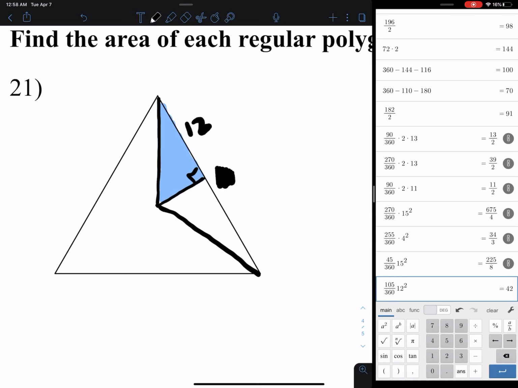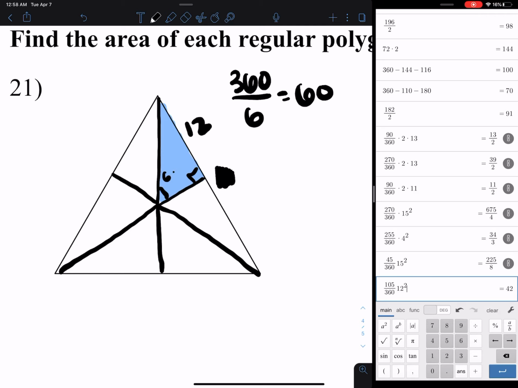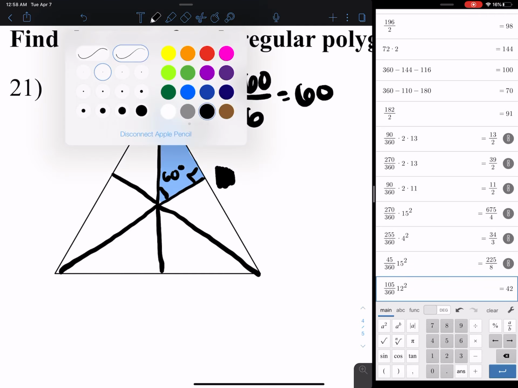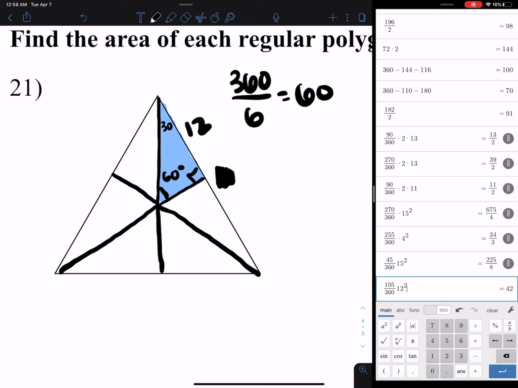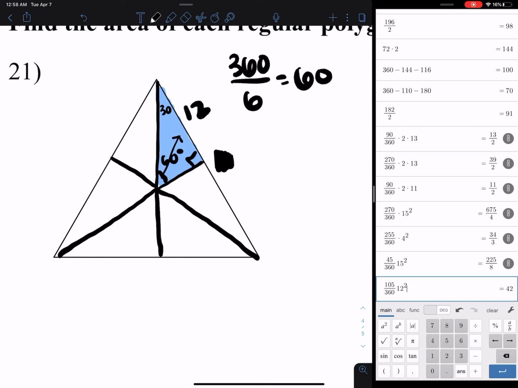And if we were looking all the way around this, this would be 360. But we have 6 of these, because we're breaking this triangle up into 6 triangles, which would be the same area as that blue one. So to find the degree measure here, we take 360 divided by 6, which tells us that this is 60 degrees. And this is 30, which is a special right triangle. So the one across from the 60, we know that that's